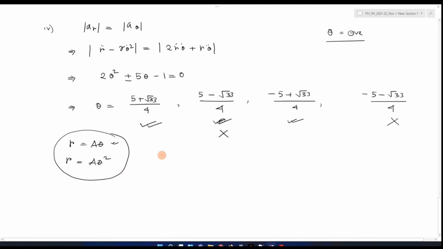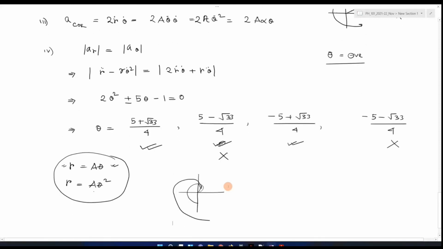Bhaiya, will it also be a spiral? Yes, it will also be a spiral, because here also if you increase theta, r increases, but r increases with theta in a quadratic way. Here r and theta are linear, so the gaps between the spirals will be larger compared to a theta. Yes, exactly. If this is r equal to a theta, then this will cross here and become even bigger. Got it.